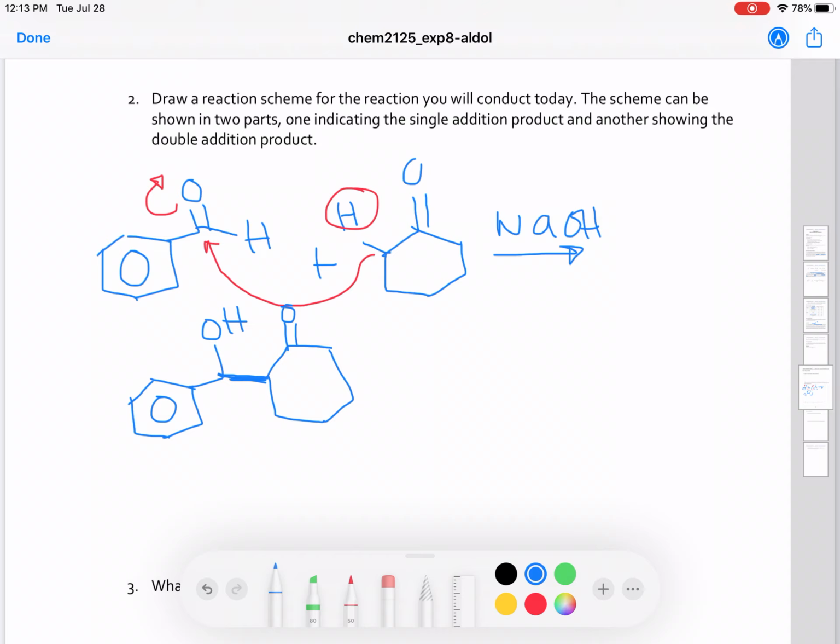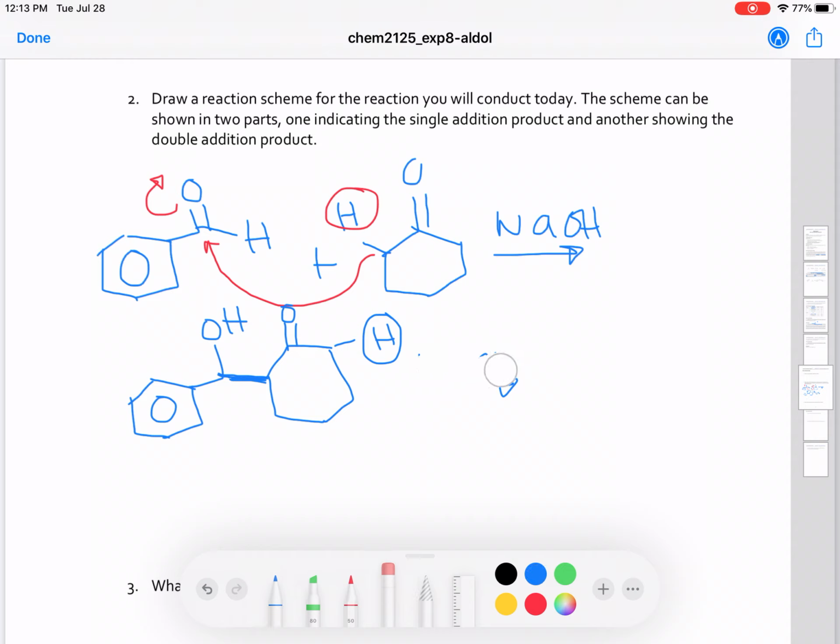This is the first product, and then you have another alpha hydrogen. You are still in your basic medium, sodium hydroxide. This hydrogen will be lost to the sodium hydroxide, since that alpha carbon carrying the alpha hydrogen forms the enolate,